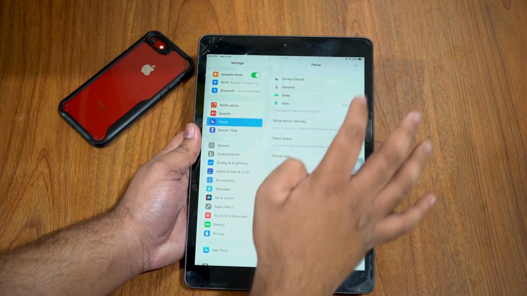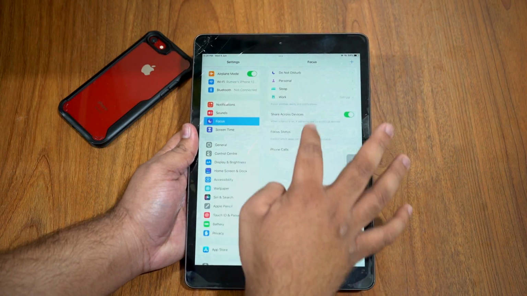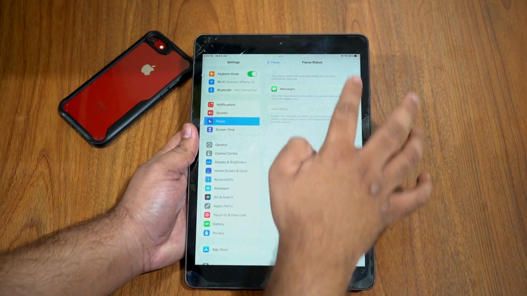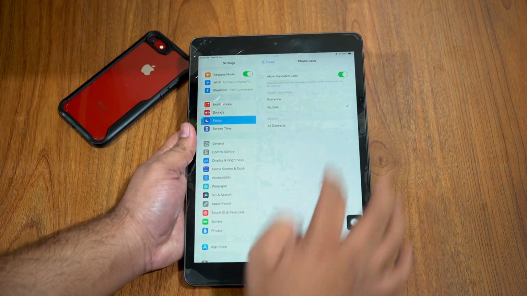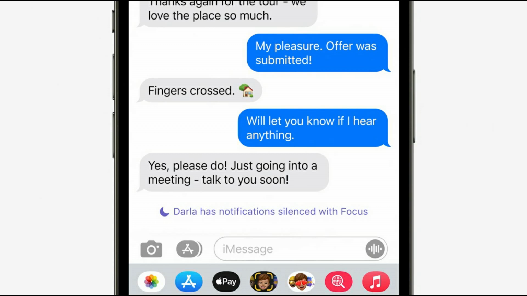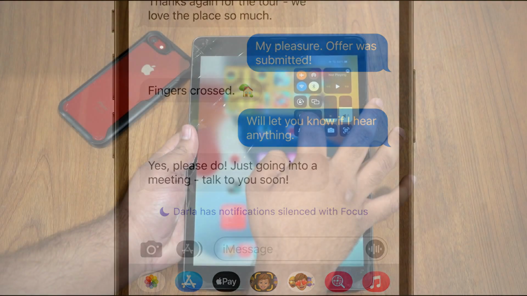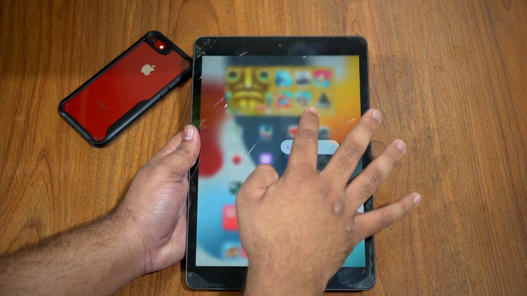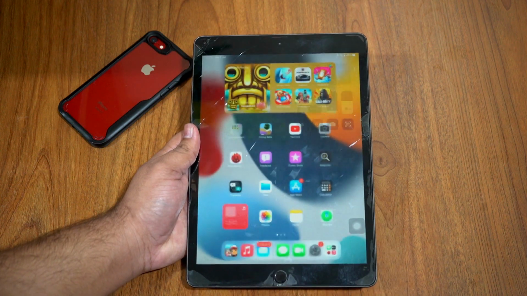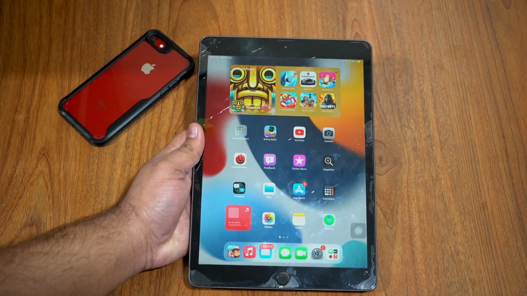You can add apps and contacts in different modes, and you also have an option to show sleep mode status in apps like Messages. Contacts outside the notifications you allow for a focus will be told that your notifications are silenced. Your status appears the moment someone tries to contact you in Messages, so they know when not to interrupt. So this focus mode can be really helpful to categorize your notifications at your workplace or during sleeping time, so you won't be disturbed by unnecessary notifications.